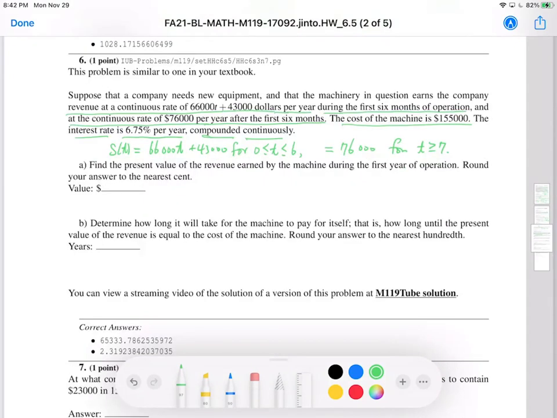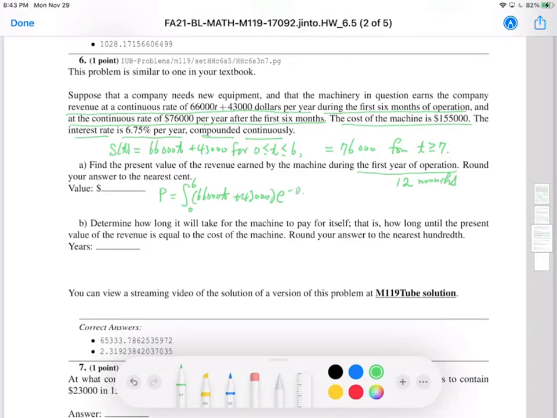So number A, find the present value of the revenue earned by the machine during the first year. The first year of the operation, so 12 months. You need to convert the unit. Okay, but note that the S of t changes after 6 months. So the present value is given by, for the first period from 0 to 6, the integral of 66,000 t plus 43,000 times e to the